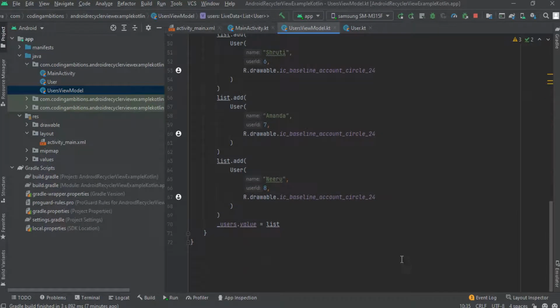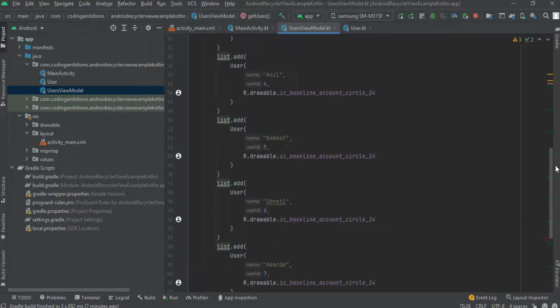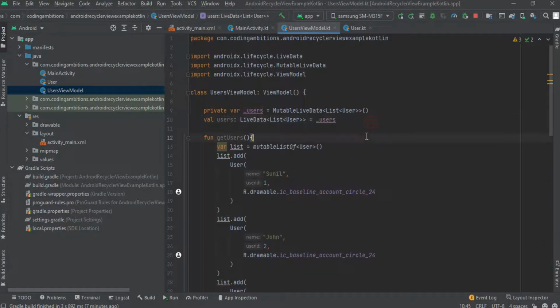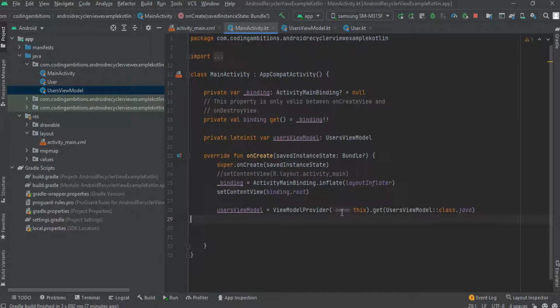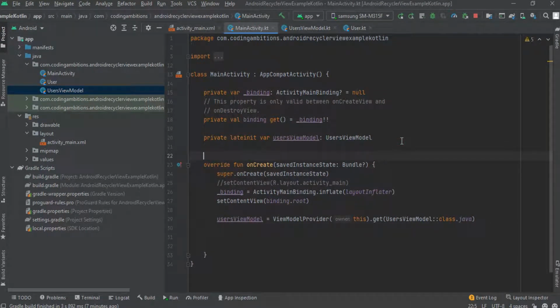So now it is okay. We have set the value of that live data, mutable live data, from this list, and we have assigned this value to this users, which we are going to observe there. And now what we will do is